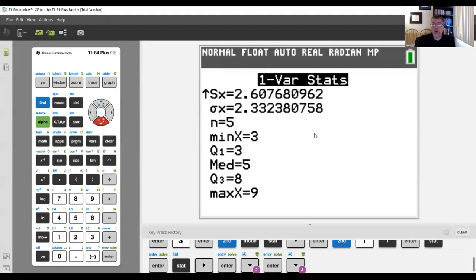Okay. So I hope that I've given you a brief overview of how to use the graphing calculator for a few of the common applications of the graphing calculator. We covered how to transfer a value from a fraction to a decimal in elementary algebra. We covered how to graph values, finding the maximum and intercepts from college algebra and pre-calculus. And we covered how to find some one variable statistics and sort our data in statistics.